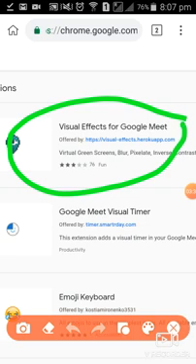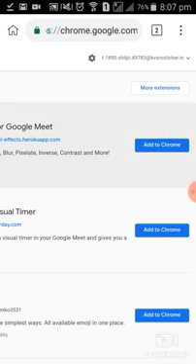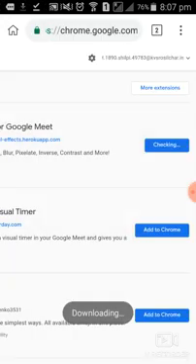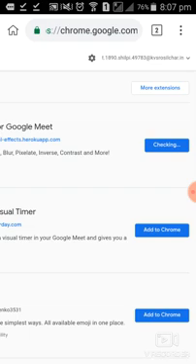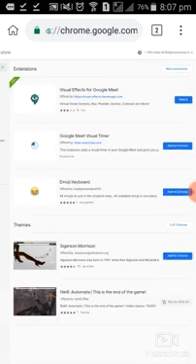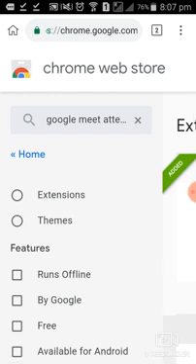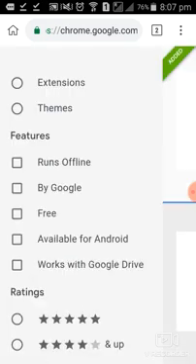The first one is Google Meet attendance and the second one is Google Meet Visual Effects. Then again add to Chrome. Okay, downloaded, then back, both extensions added.